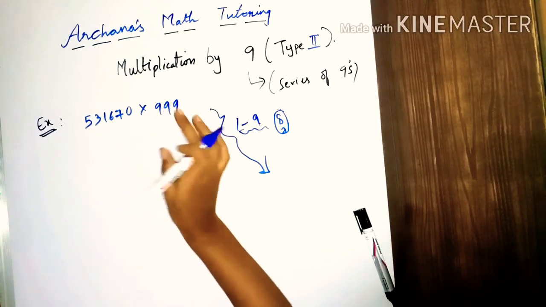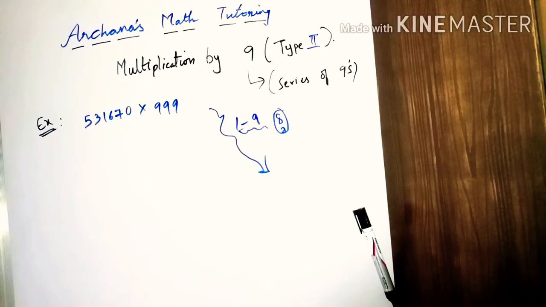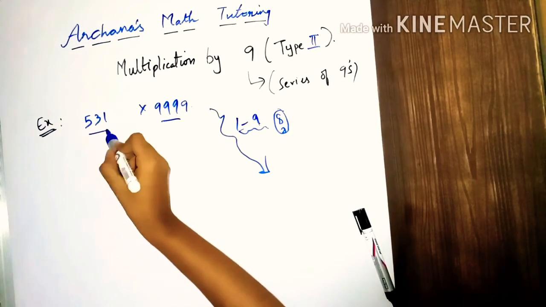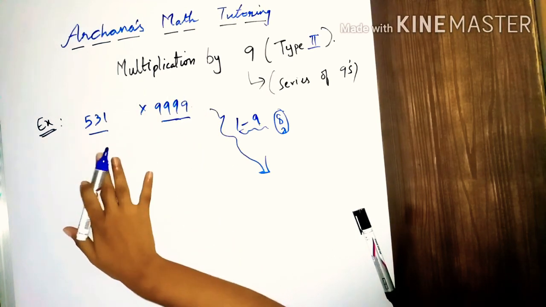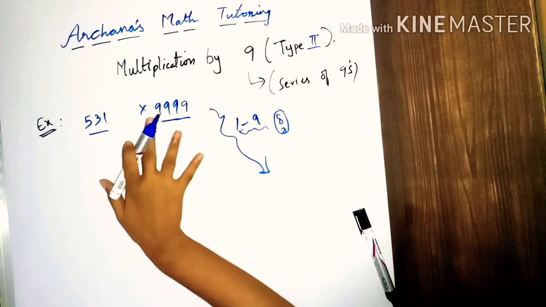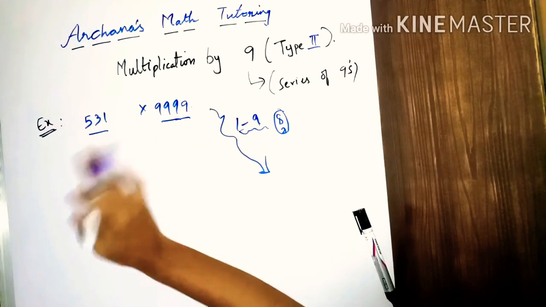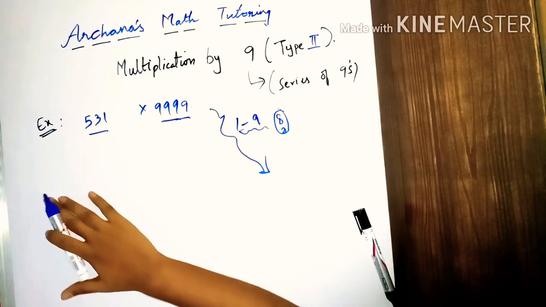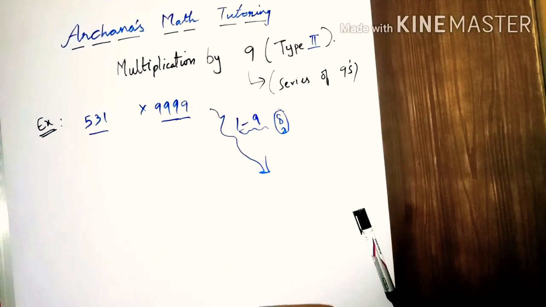This is again type 2 because the number of digits are different. So this is the problem 5 3 1 into 4 9s. I have reduced the number from the given problem and also reduced the 9s because I simply want to tell you the example of type 2. So I didn't add many 9s. You can add as many 9s as you want and please check with your calculator so that you know you got a correct answer.